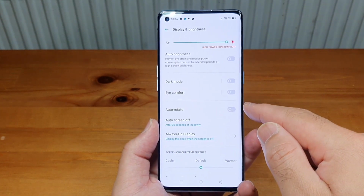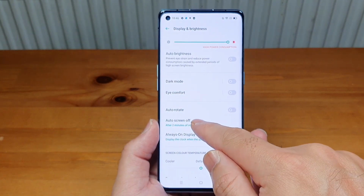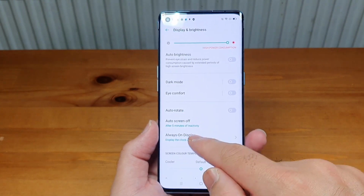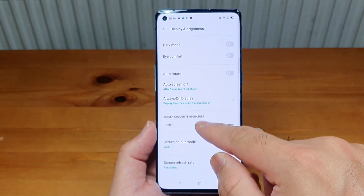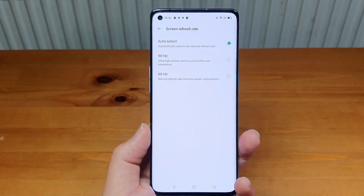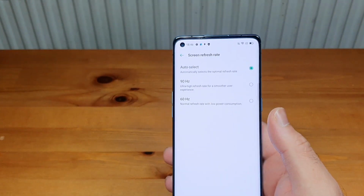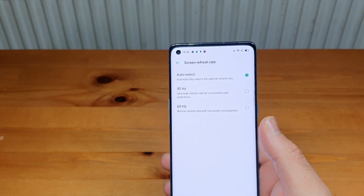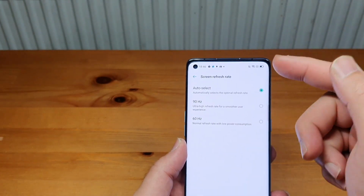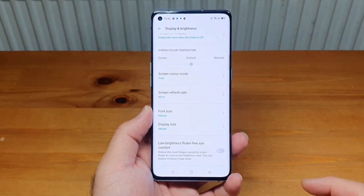So display and brightness, and let's see if we can get the screen time off to at least 2 minutes, because it keeps switching off. In fact, let's make it 5 minutes instead. There we go. Always on display, and let's see what we are on at the moment for the refresh rate. There we go. The refresh rate, as you can tell, is auto selected, so it automatically selects the optimum refresh rate when it has to, or you can keep it on 90 Hz. I tell you what, or 60 Hz. I will keep it on 90 Hz because we've got a massive battery,